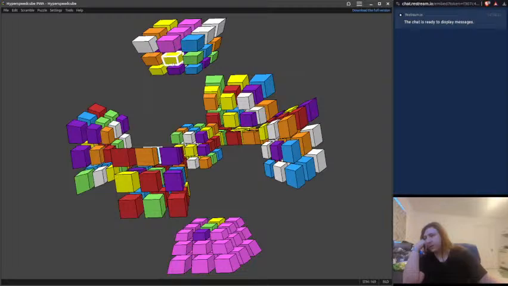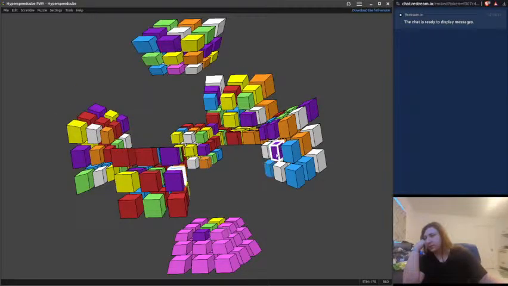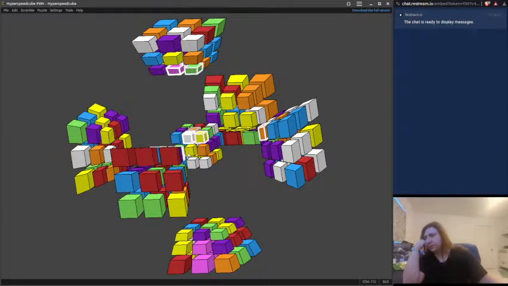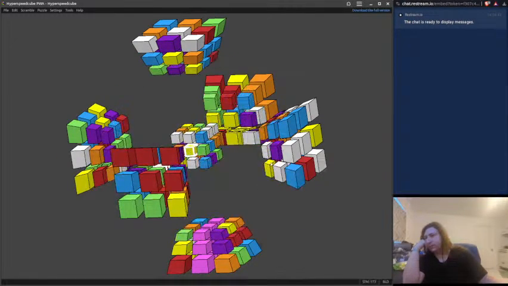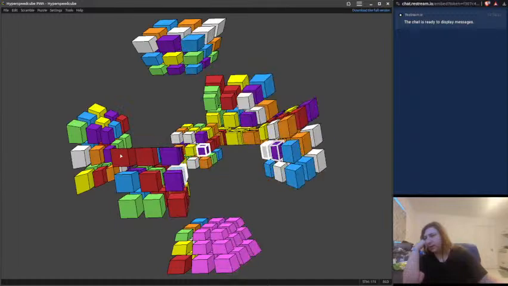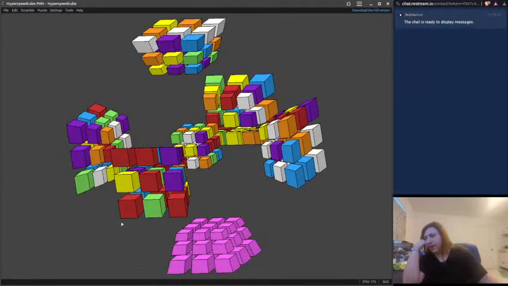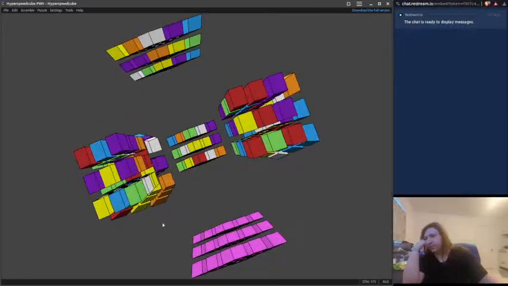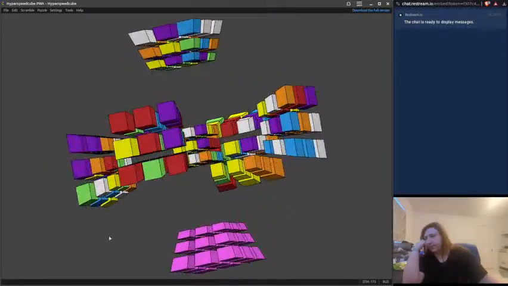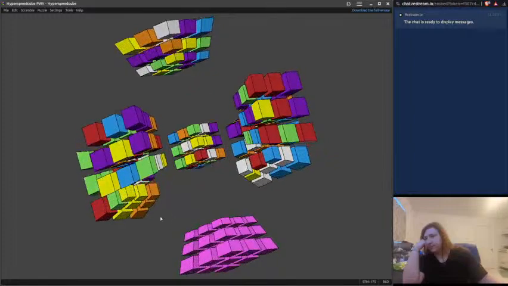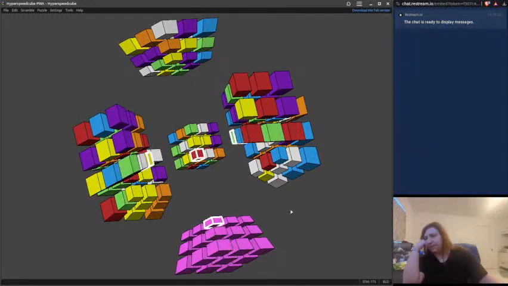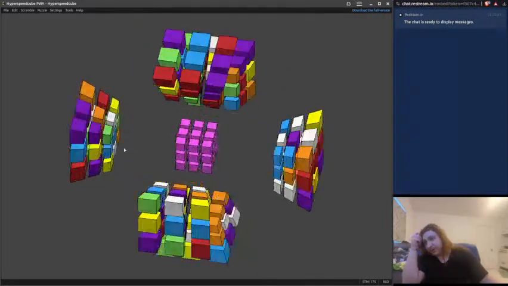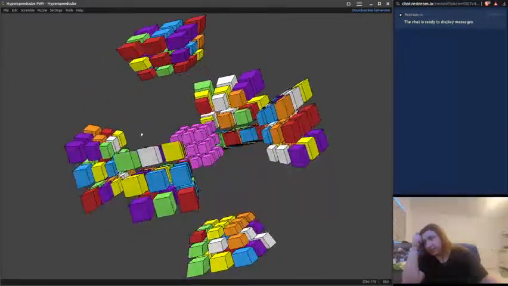Bring those back around. Turn this. Bring those out. Flip this in, and boom. We have one half. Okay, we have first layer oriented and put together, and now we just need to